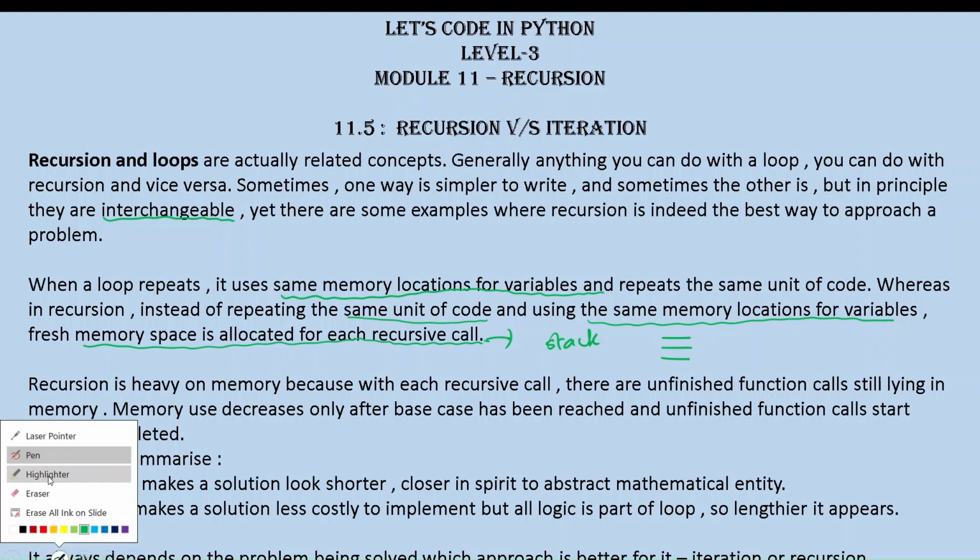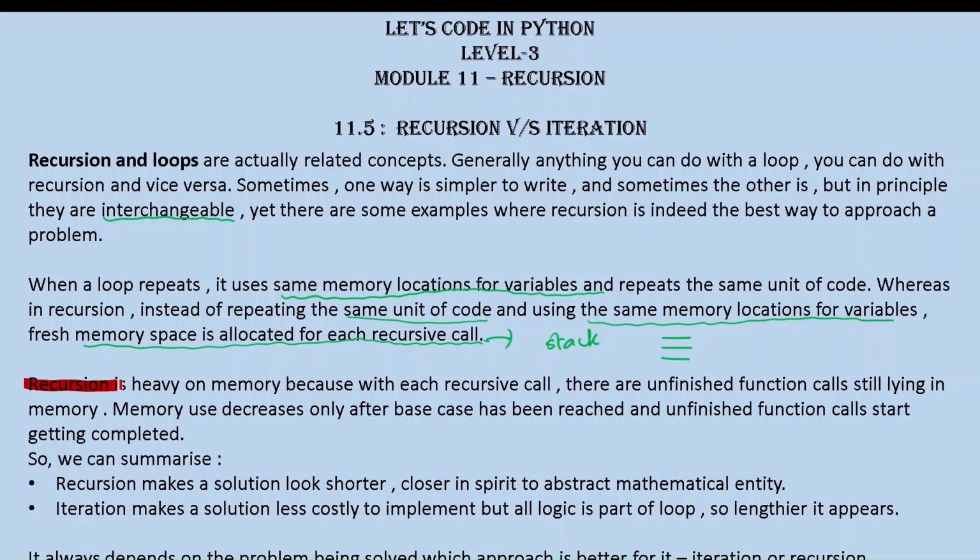So this can be considered a kind of drawback of recursion, that it is heavy on memory, because with each recursive call, there are unfinished function calls still lying in the memory. So memory use decreases only after the base case has been reached and unfinished function calls start getting completed. Getting it? Whenever the function is being called recursively, one by one, what happens is